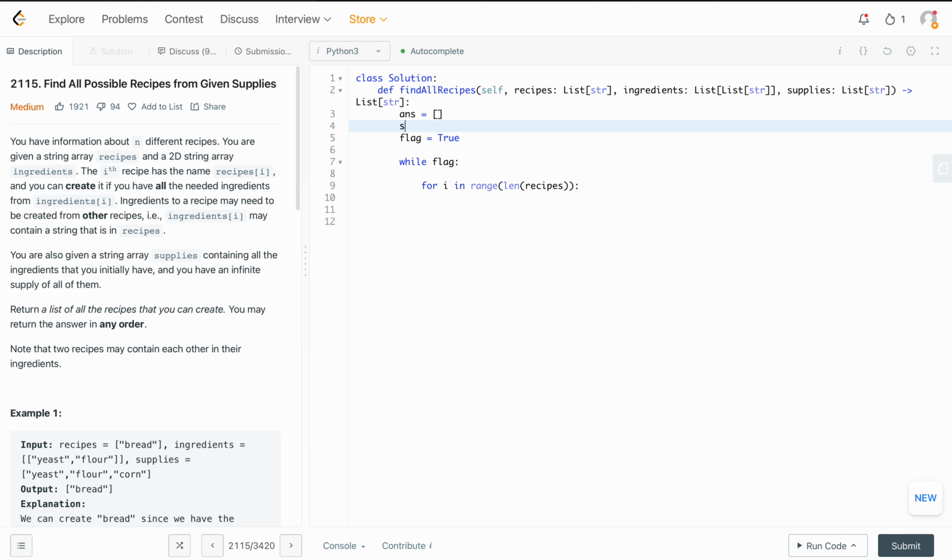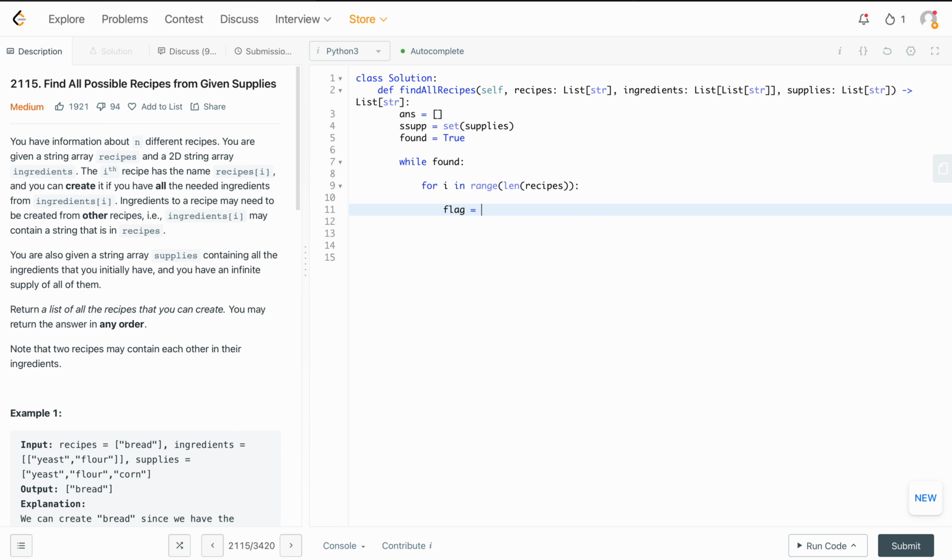So set supplies is equal to set of supplies. So for I in range of recipes, okay, let's go with this. I need to have a flag that will be equal to false,